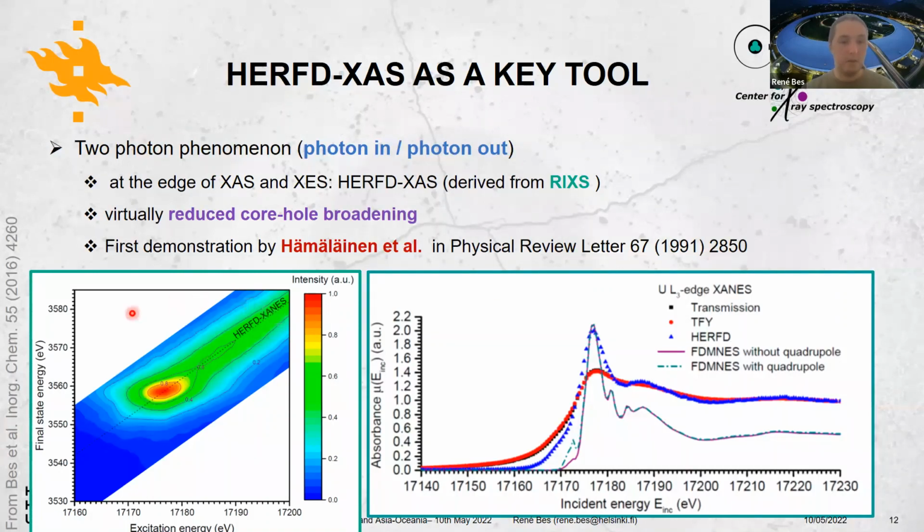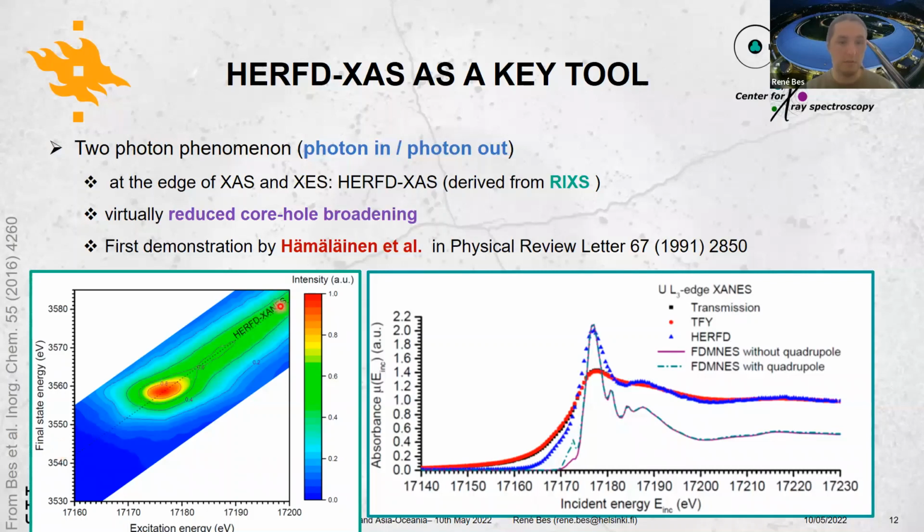1991. So typically what you collect is a part of the RIXS map, where you have the excitation energy here and the final state energy, so the fluorescence energy, as a function of the excitation energy. You have a signal like here. If you're in a standard X-ray absorption measurement, you are integrating all over this line, but because you have the possibility of very high resolution in the measurement of the emission line, actually the HERFD-XAS corresponds to a cut, a slice along